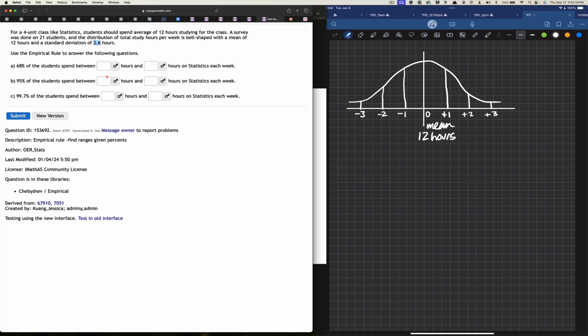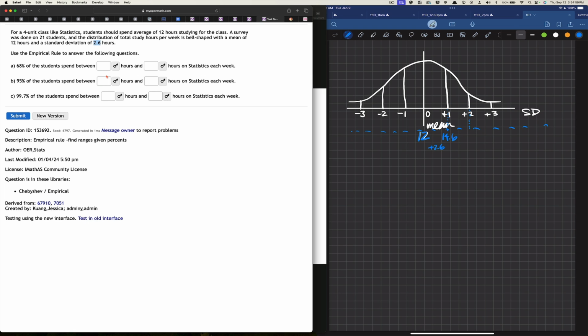2.6, I'm going to use a different color here. Let's do this. This is standard deviations. And then down here, I'm going to put in blue 12. I'm going to erase the word hours because it's blocking me up. And I'm going to take 12 and add 2.6. So this plus 1 is at 14.6. This plus 2 is at